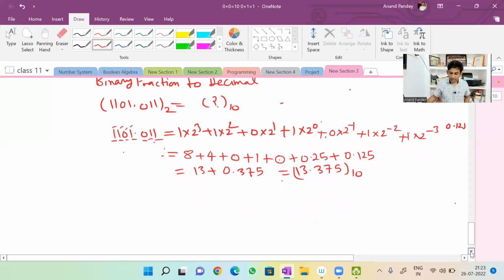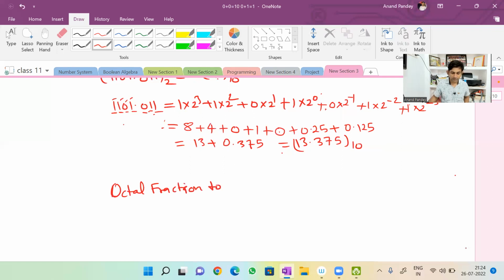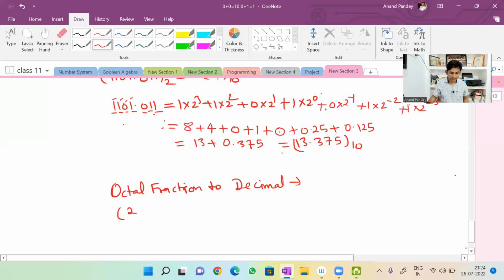Now another conversion I am going to tell you for the binary. Now it was binary fraction to octal, like that. Binary fraction to decimal. Now octal fraction to decimal. So I hope it's clear again. Octal fraction to decimal अगर convert करना हो तो instead of power of 2 here we'll use the power of 8. Simple सी बात. So मान लो यहाँ पे